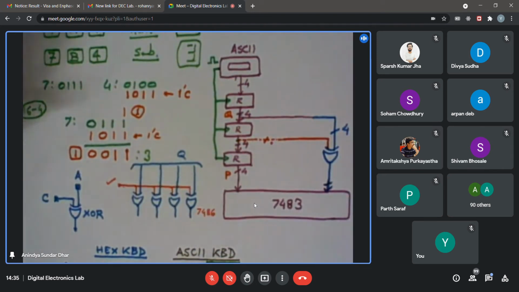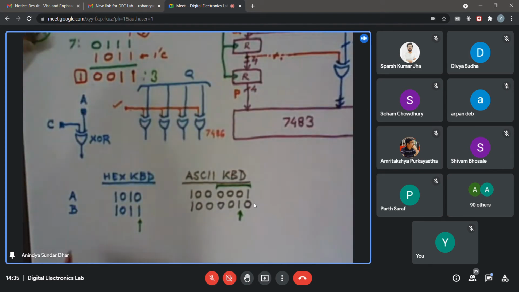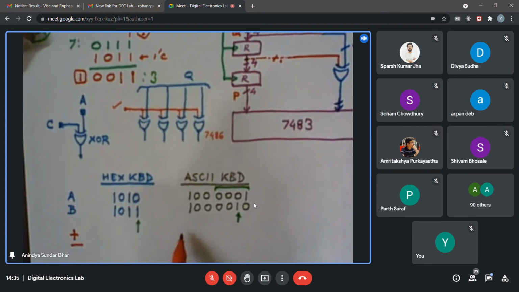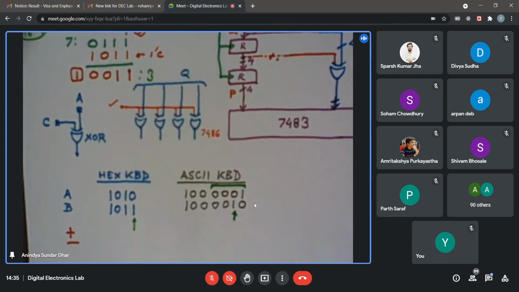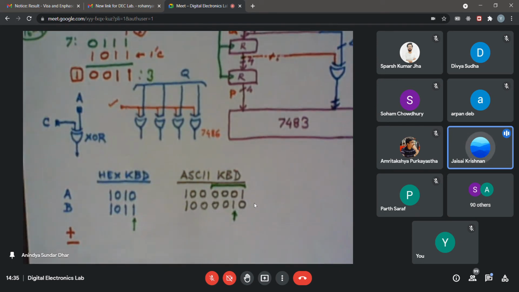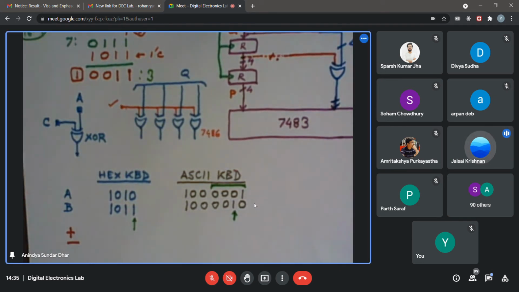Now just a quick look at plus and minus sign. Plus and minus will not be there on the hex keyboard. So what are the ASCII codes for plus and minus? If any of you can just quickly look up and tell me. 43 and 45.